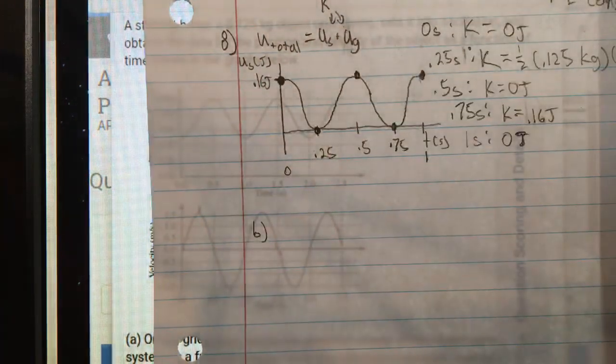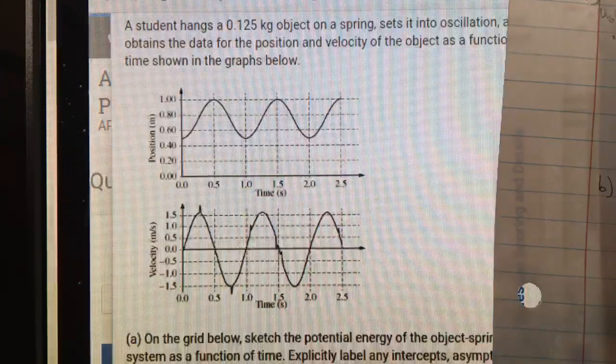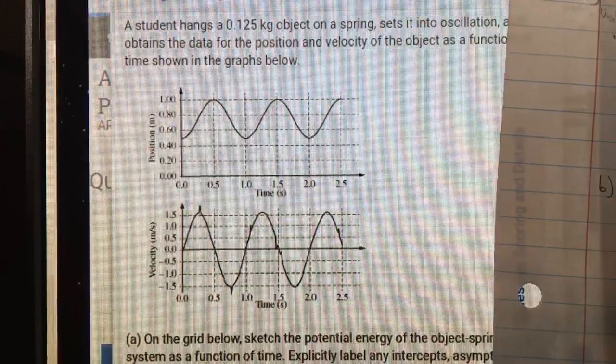All right, so B wants us to sketch the acceleration of the object as a function of time, explicitly label any intercepts, asymptotes, maxima, or minima with numerical values as appropriate. All right, so